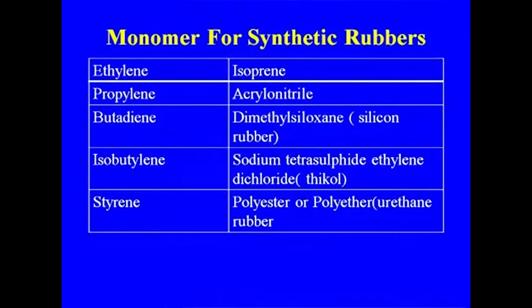Another important feedstock is acrylonitrile, and isoprene, of course, which I told you is available from the C5 stream. Acrylonitrile earlier was made from the acetylene route, which I told you about while discussing